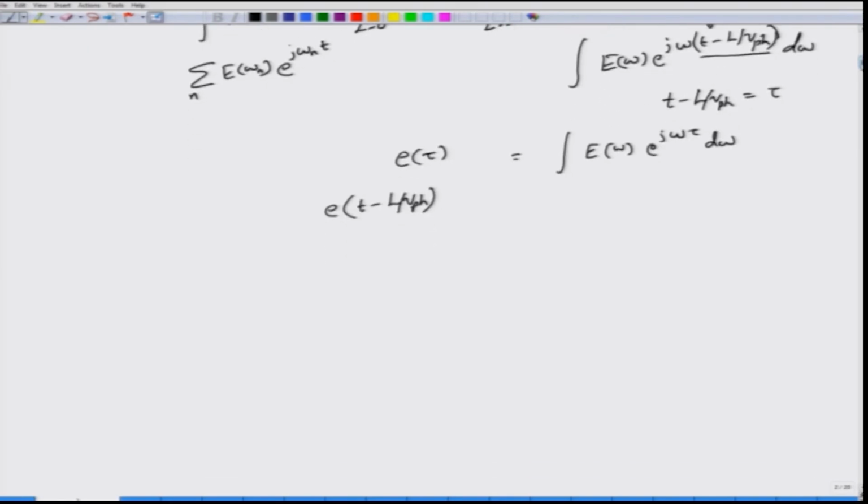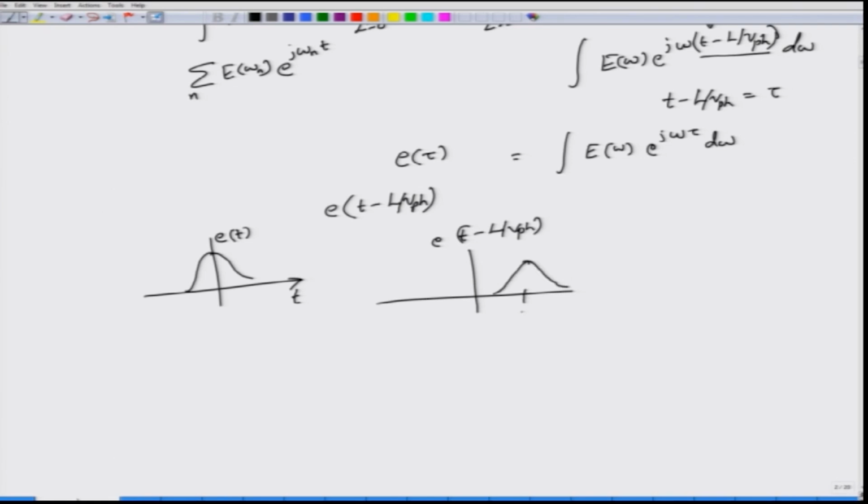So, go back to your signals and systems theory and see that if this is t and this is your time domain function e of t, then the function e of t minus L by Vph is simply the same pulse completely unchanged, except that it is delayed by L by Vph. So, this is the amount of delay tau that you are looking at. This delay incidentally is called the phase delay tau p. Okay. The important point to note here is that as long as the phase velocity is independent of the frequency,